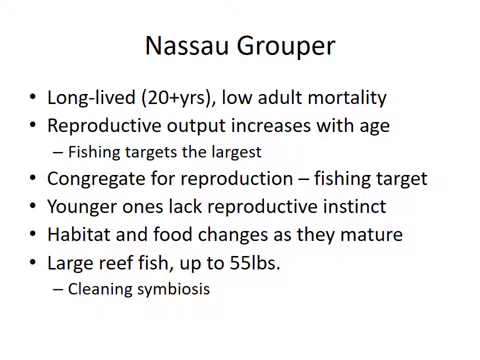This is when you have the large fish that come to a coral reef and they are cleaned by the small fish and crustaceans there. And the Nassau grouper is one of the ones that does allow the small fish and things to clean the inside of its mouth. For cleaning symbioses, I think the most interesting thing is that the large fish remember which